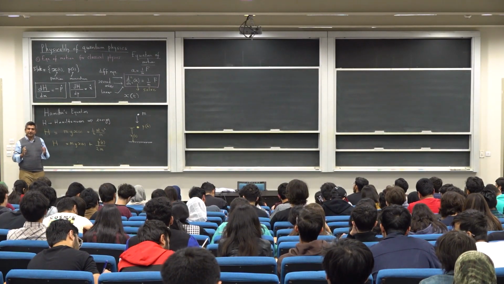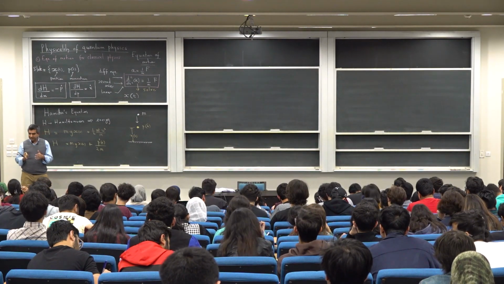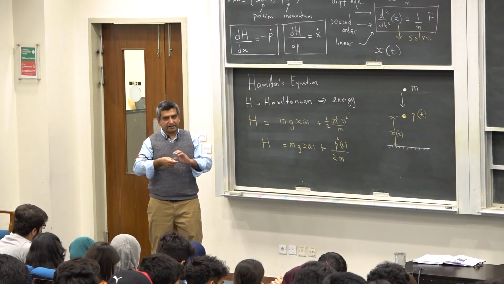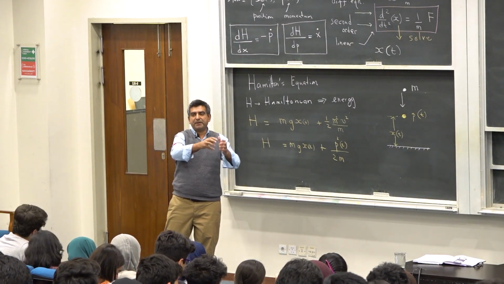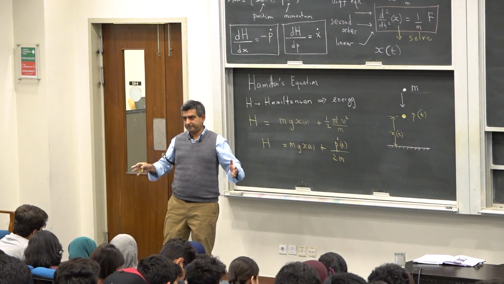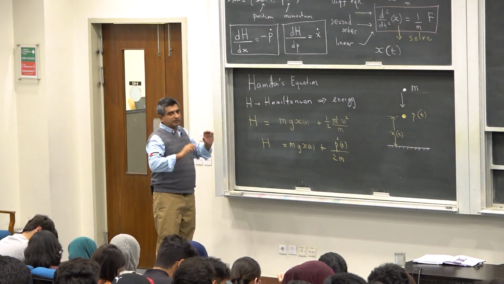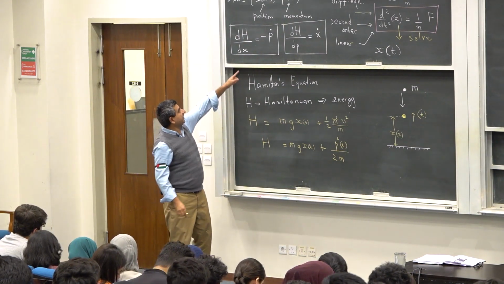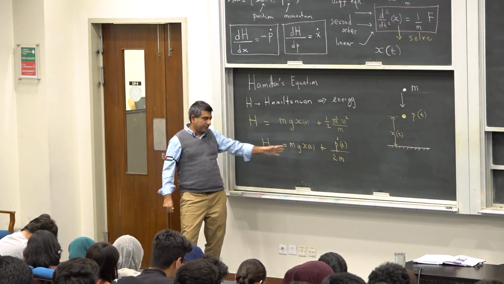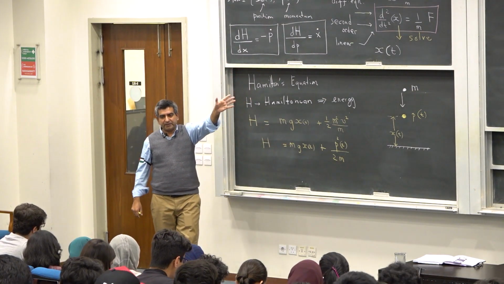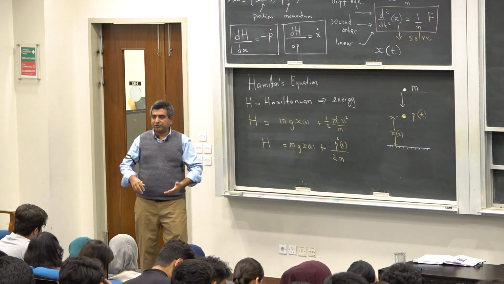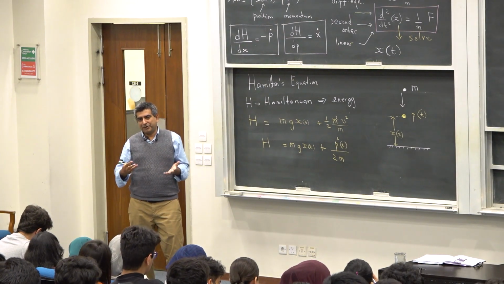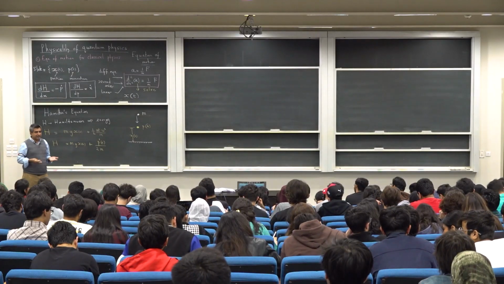So the energy of the system is written in terms of the two state variables x and p, and x and p are treated independently. Just keep that in mind. x is one variable and p is another independent variable. They're treated independently. All right. Now the first thing that I need to do is write the energy in terms of the state variables. The state variables are x and p. That's what I've been able to do here. Now let's look at the Hamilton's equations and try to derive an equation of motion and see if Newton's equation of motion is recovered. That's what we would like to do.